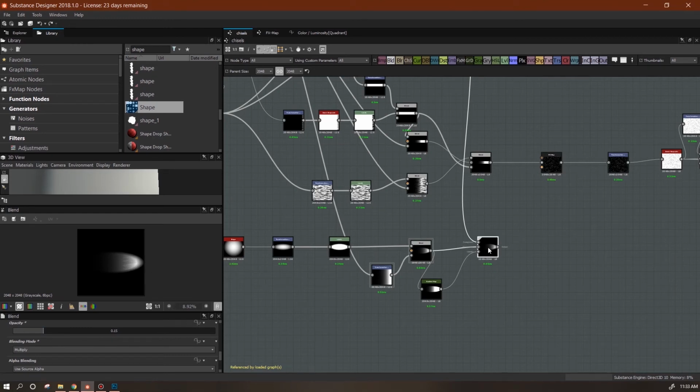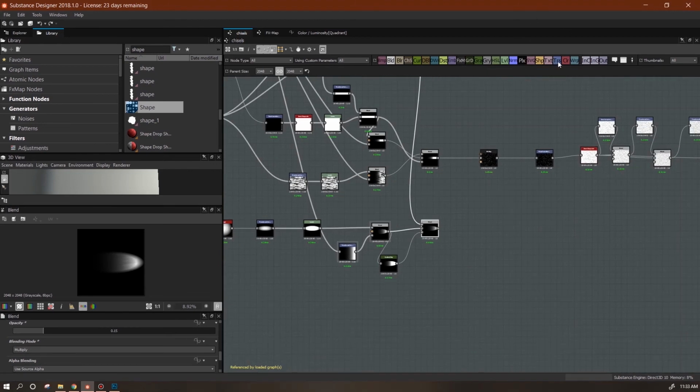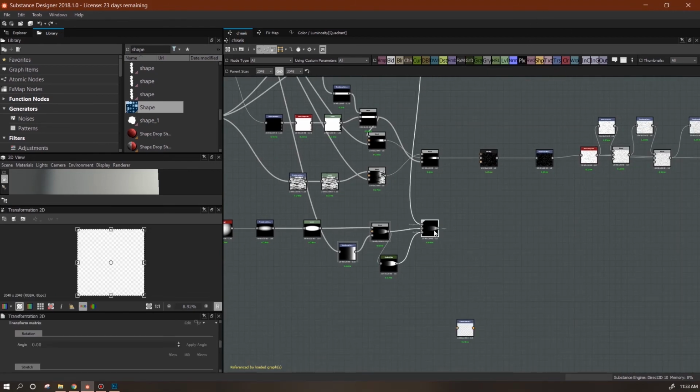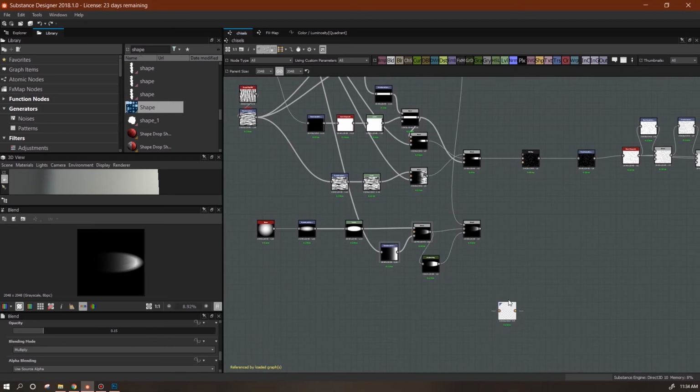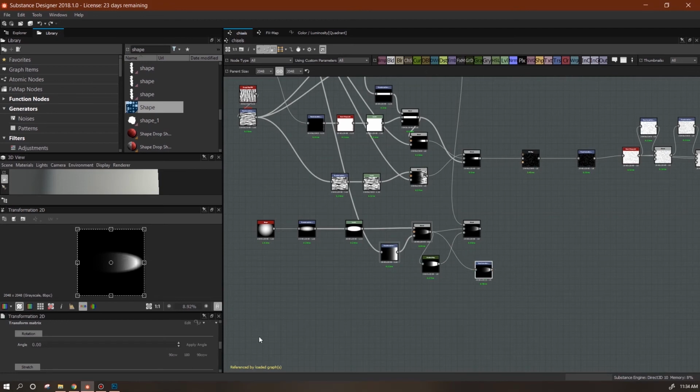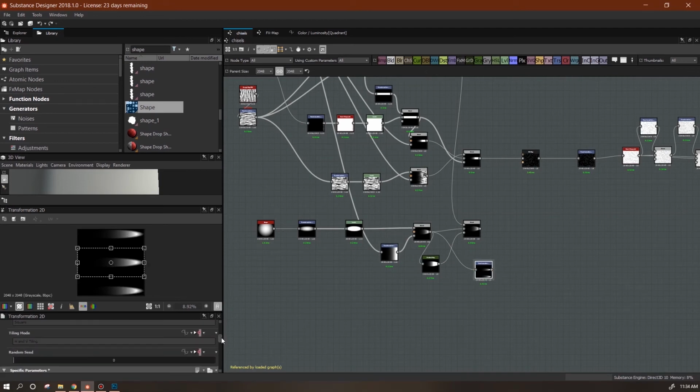But then what I also wanted to do, just to make it a little bit different from the square ones, is how sometimes you have chisels where the inside actually goes a little bit deeper, so it has like a second parabola in there. And that's what we're going to do now. Take this guy, and we're going to squish him down. And we're going to blend him on top of here